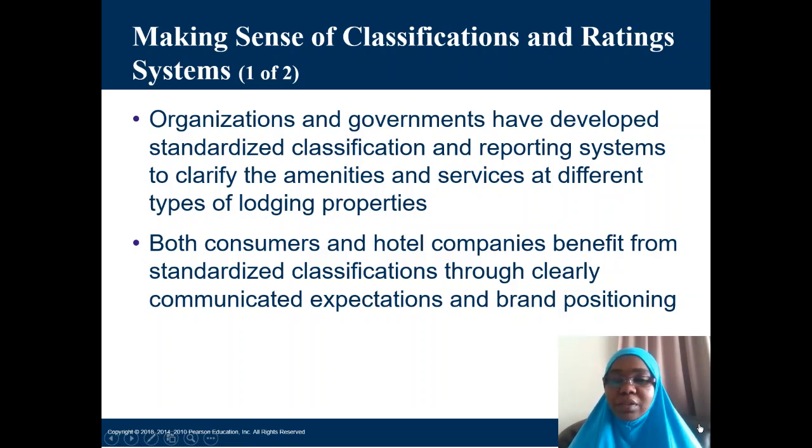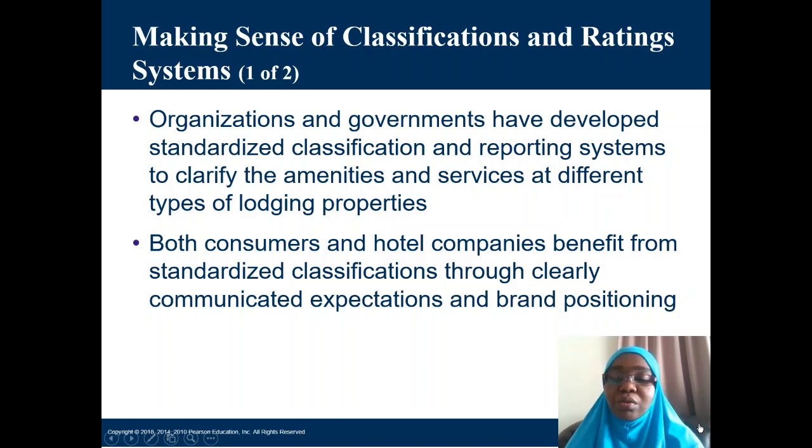This is very, very important, because once they are classified, customers also know what to expect. Once you know that this is maybe a hotel or a motel or just an ordinary inn or a B&B, your expectation would be limited to the B&B. You don't want to get a B&B accommodation and expect the facilities that are available in a condominium or luxury apartment. So this is why classification is very important to both the service provider and the consumer.